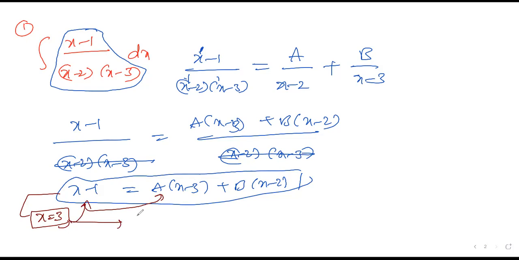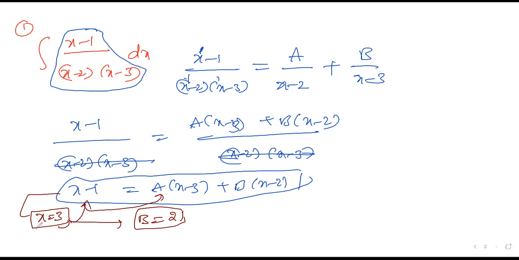This is going to 0, you'll get a b value. x is equal to 3 means this 3 minus 3, 0. 3 minus 2, it is 1. So 3 minus 2, what is the answer? b is equal to 2. Clear? Yes, sir. Any doubt here?